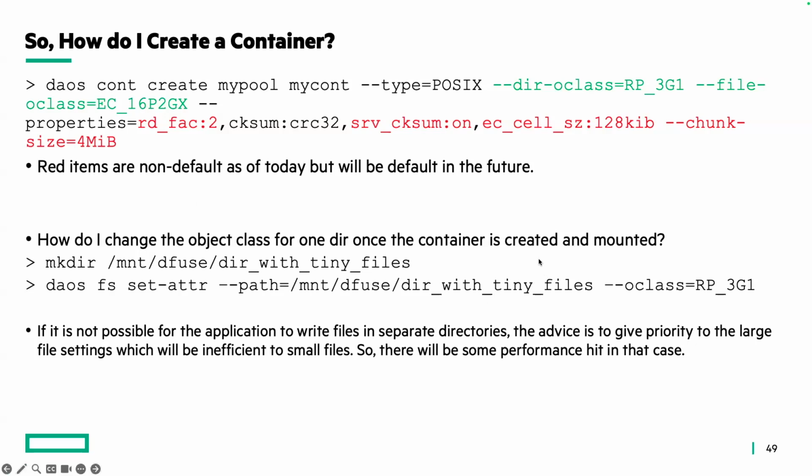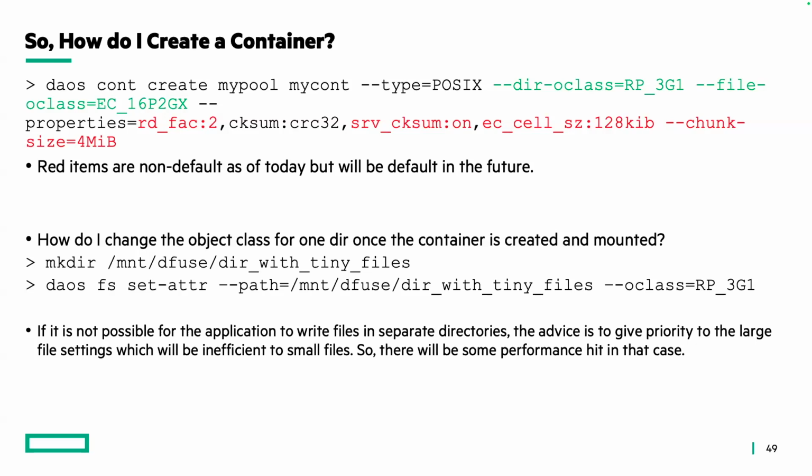So we talked about changing the directory object class in the previous slide. If you want to change it after you create the container, for a directory for example, you set the object class to three-way replication. Now, if it's not possible for the application, say I have an application writing files, and they're all in the same directory. Some of the files are huge, and some of the files are tiny, and I cannot separate them into different directories. What do I do? The advice is to go with the larger file setting,